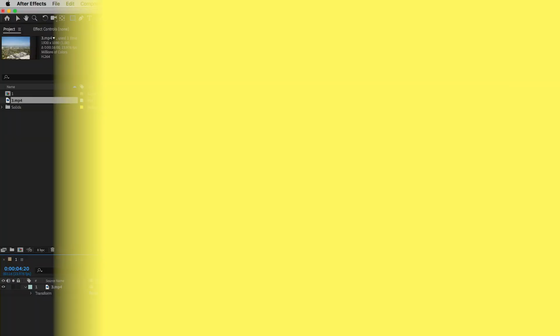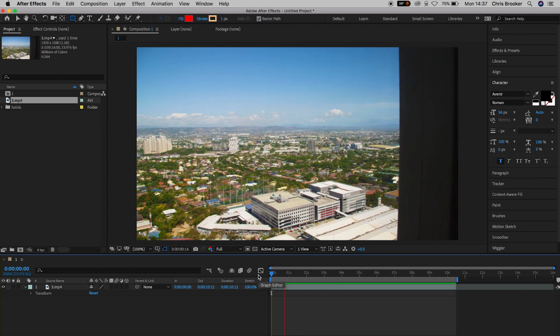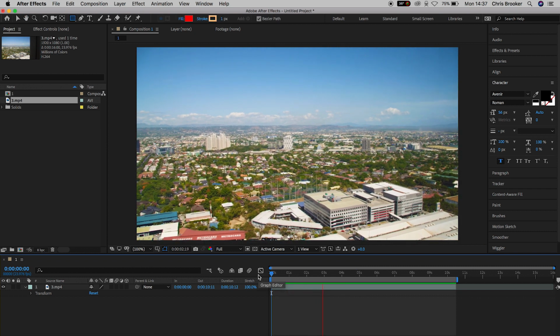In this video, I'm going to show you this really awesome way to generate and track 3D objects into your scene using Adobe After Effects. So let's get right into it. Once you've got Adobe After Effects open and you've got some footage imported into your timeline, we can begin